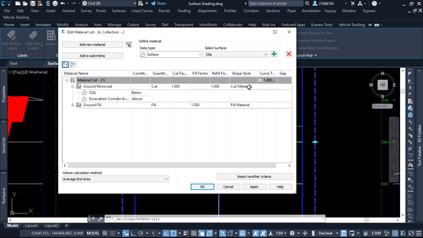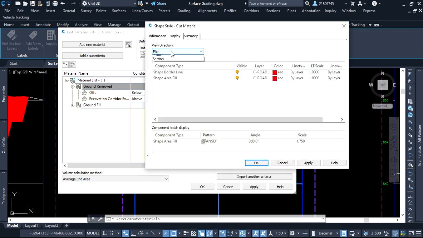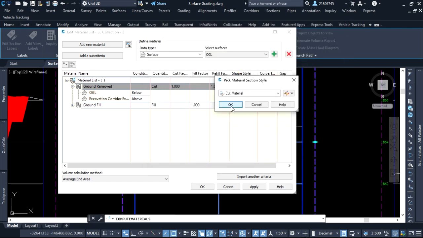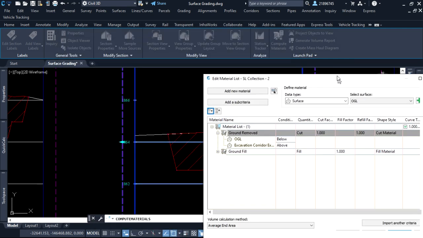So it is in cut, so this is the cut material, and we want to change what is on section views. Okay, so I think we can try 0.15 like that. And now we have this